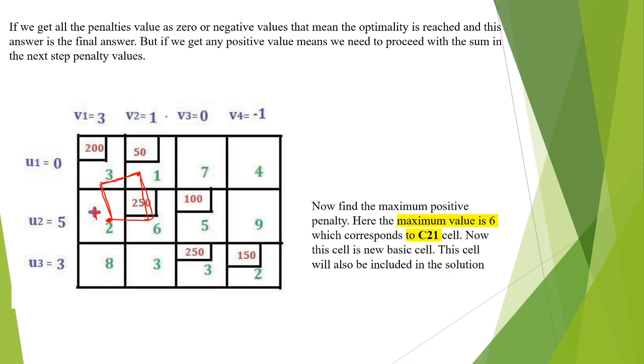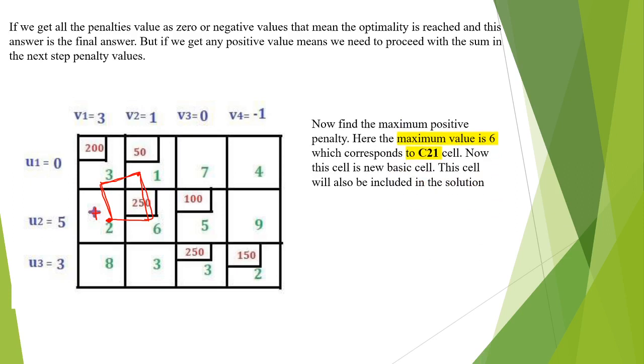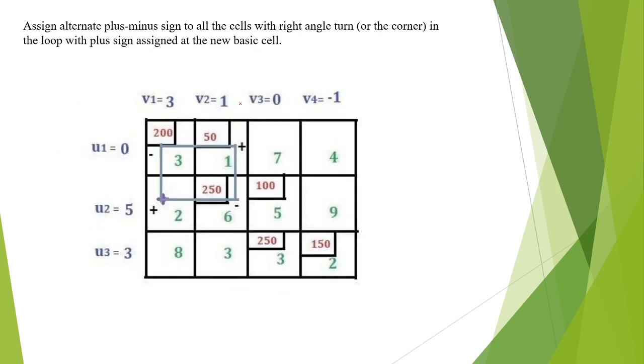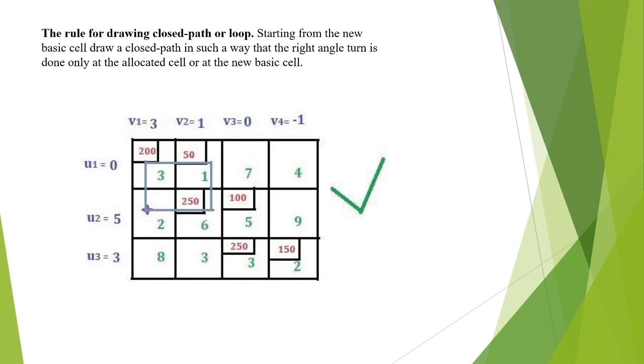Now after completing the loop, what we will do is put plus or minus signs. So alternate plus and minus signs: plus sign for the starting value, then negative, then plus, negative. Then what we will do is take the